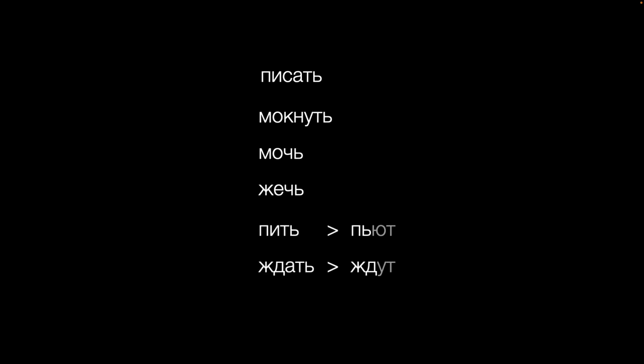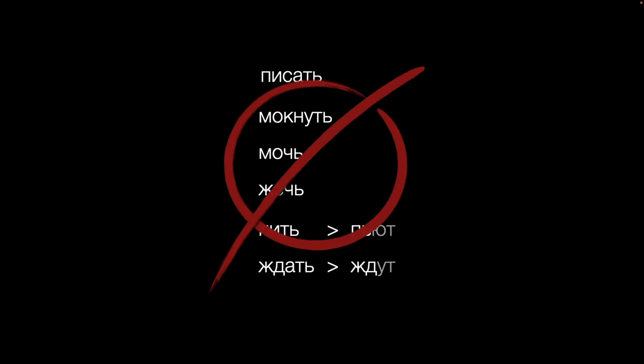Писать is one common example, and if an infinitive ends in нуть or чь, or if the present stem is just a couple of consonants, like пьют or ждут, then there won't be an imperfective verbal adverb. For some words, Russian does have a way around these seeming gaps. We don't form an imperfective verbal adverb directly from хотеть, because the form хотя has taken on the meaning of although. But we can just use a verbal adverb from желать, to wish.